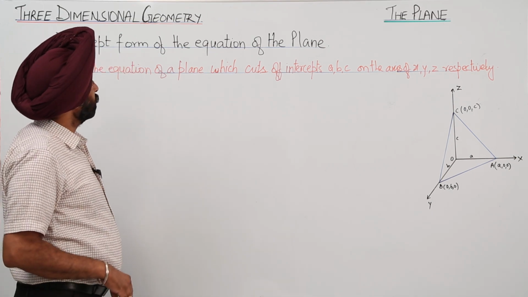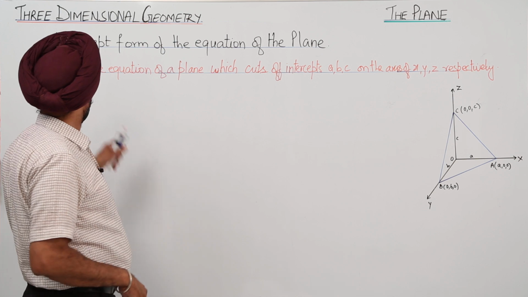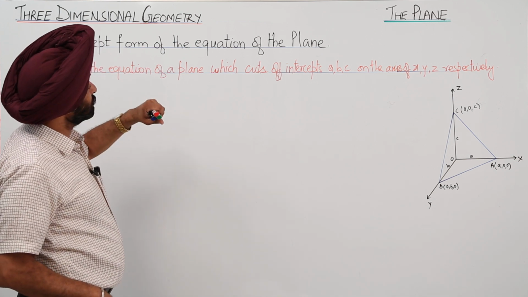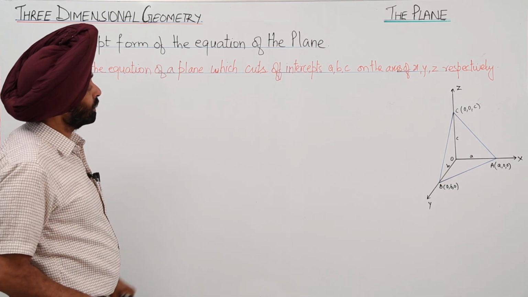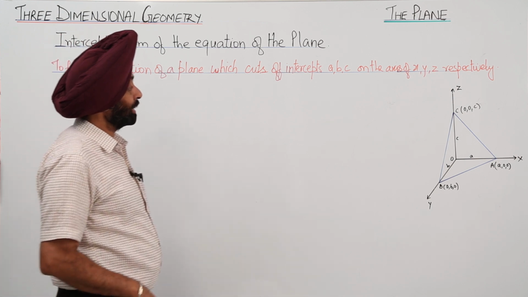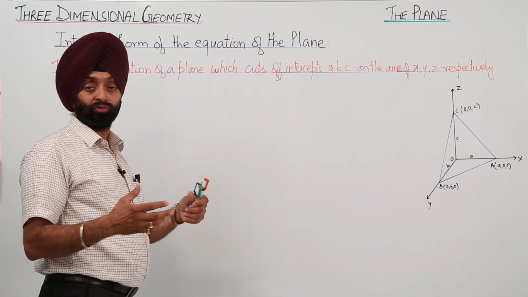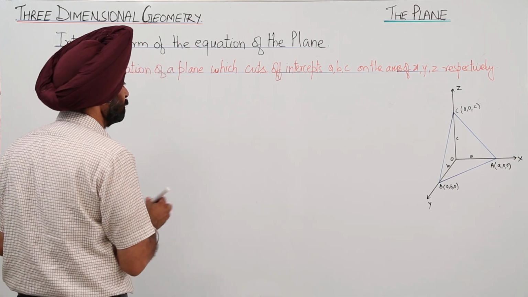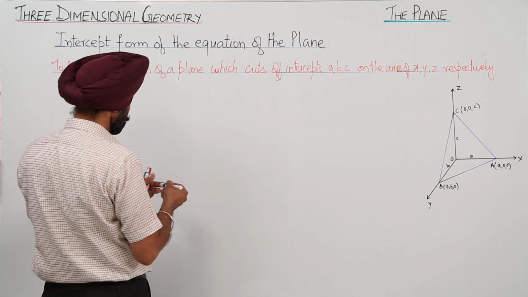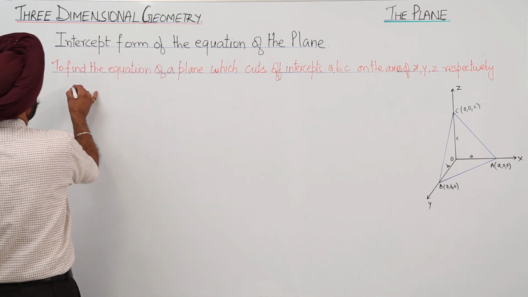Intercept form of the equation of the plane. Now, to find the equation of a plane which cuts off intercepts a, b, c on the axes of x, y, z respectively, what will the equation be? Let's derive it now. This is the figure. Now, according to the figure, let